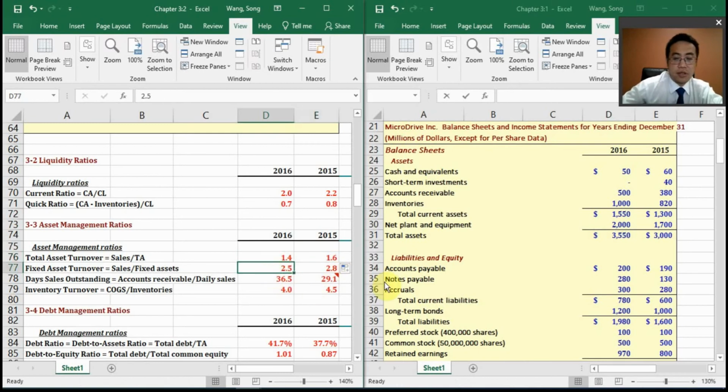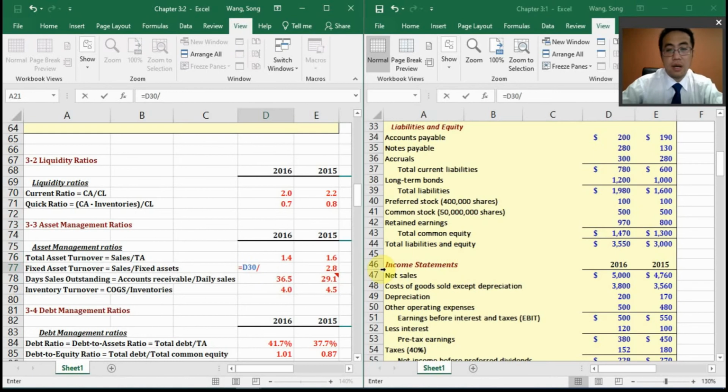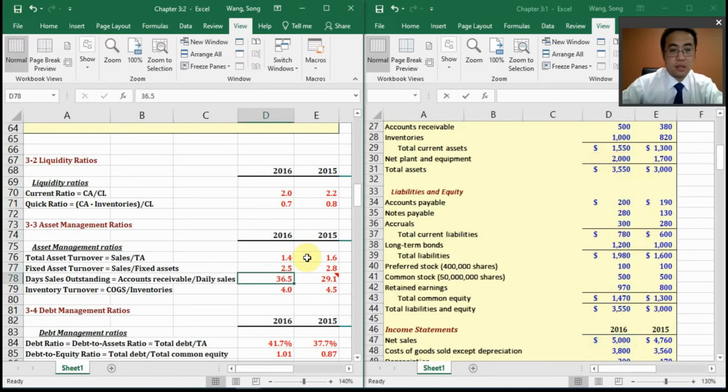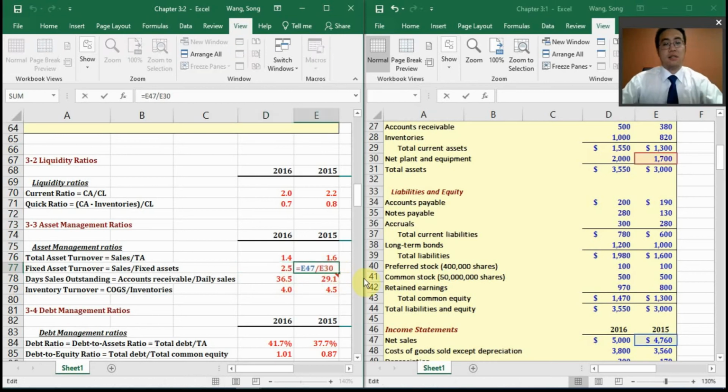And the fixed assets ratio here, sorry, I'm going to use the sales divided by the fixed assets. All right, and the next one is called the day sales outstanding ratio, where you're gonna use